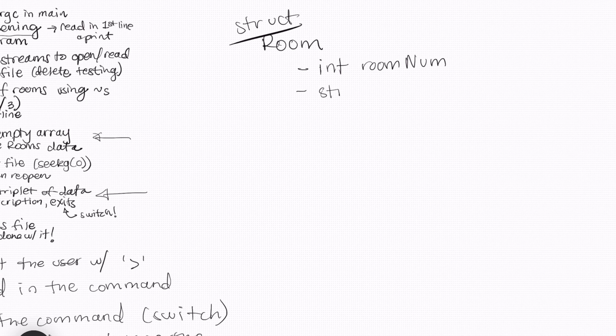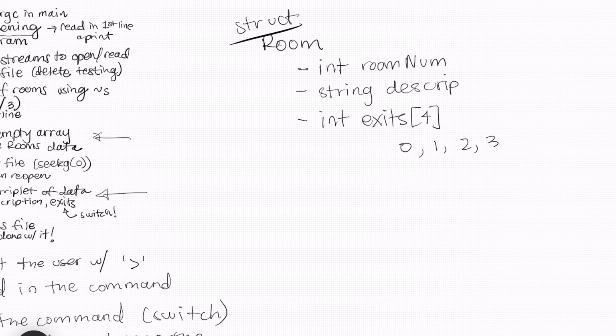Definitely a string for the description. And then an int array, this is my preference, for exits. And this would be max of 4 exits, and